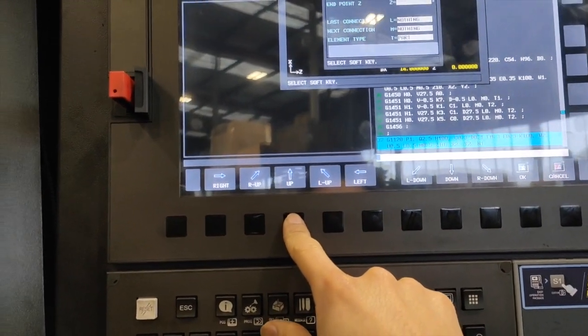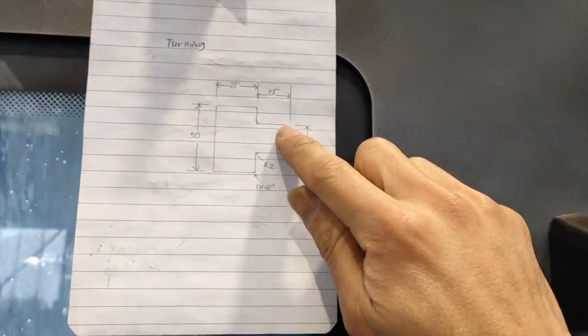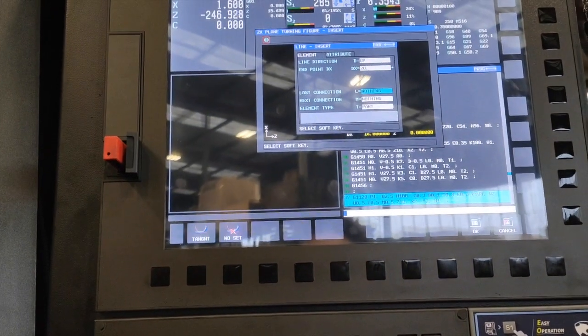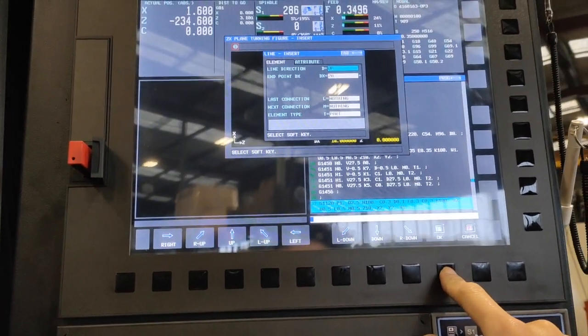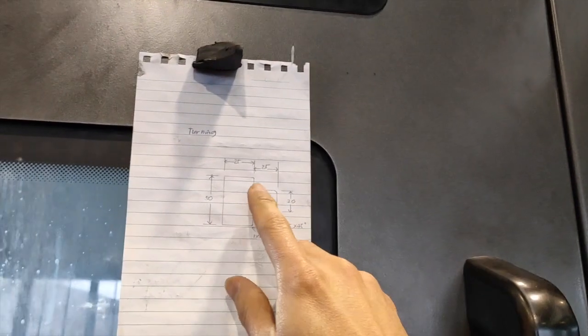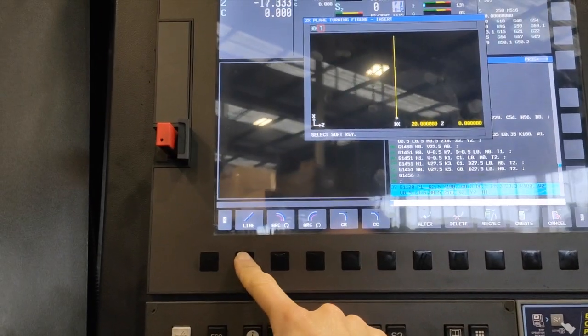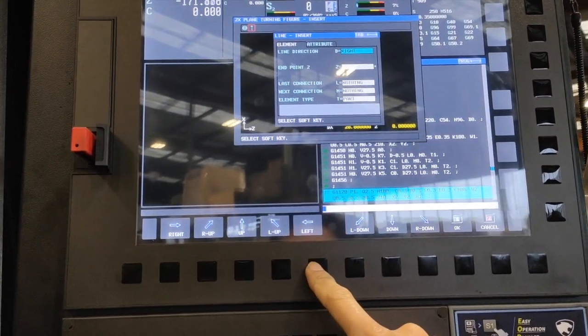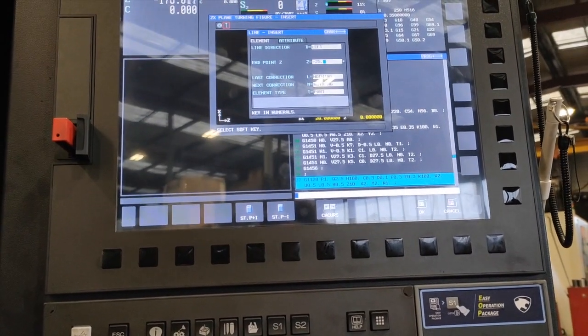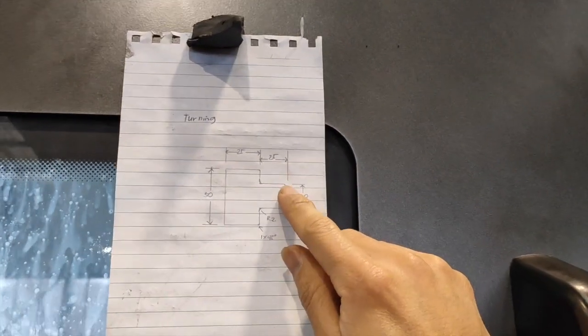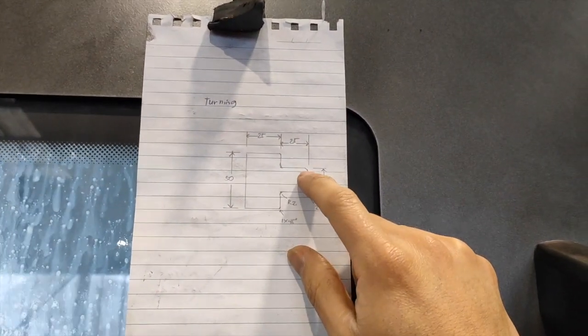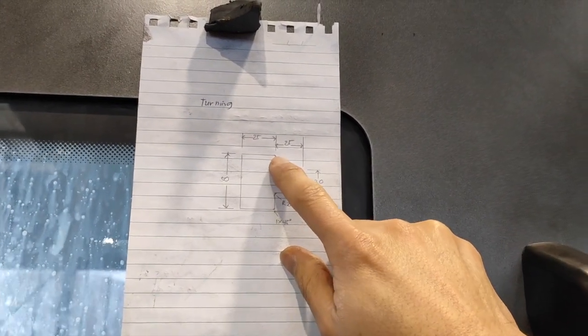Next move is up, going to diameter 20, so we input 20. Last connection, nothing, and part, because that one is part. Okay, and then the next move is going to minus 25, line again, and then left, minus 25, nothing part. So okay, as you can see guys, I didn't put the chamfer first, so we will come back on this one and the radius and the another chamfer,